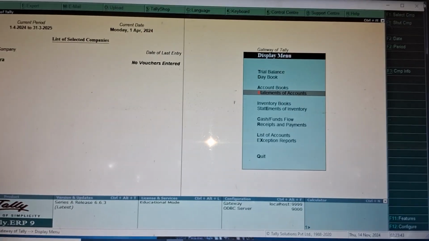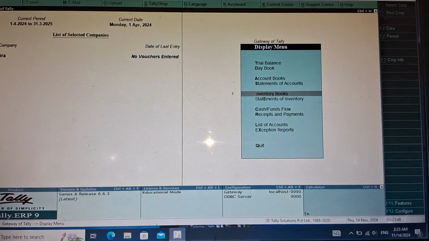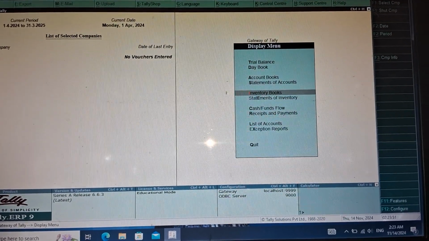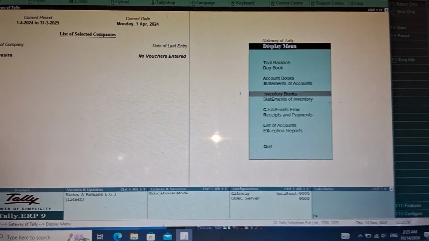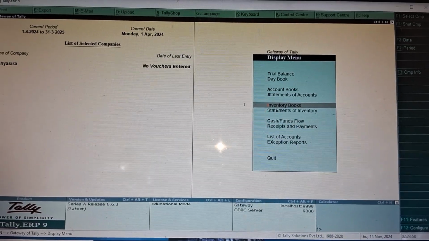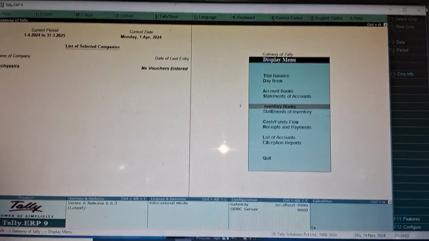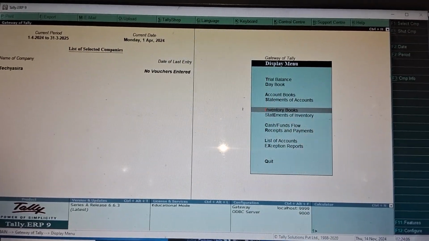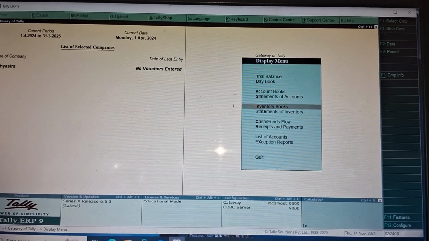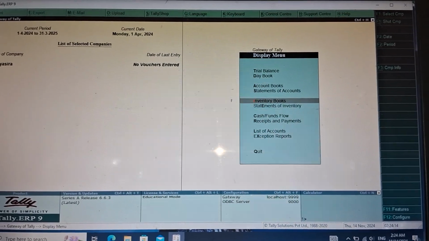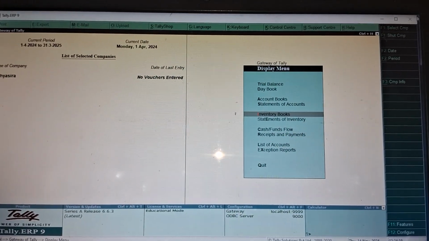The next one is Inventory Books. What are inventory books? It is a list of a company's stocks or goods that appears on its books of account. I told you about stocks and goods in the previous video. Just have a look there. And it's different from a physical inventory. Very simple. Let me tell you again. A book inventory records the amount of books currently in stock at a store, library, or collection, etc. So these are inventory books.